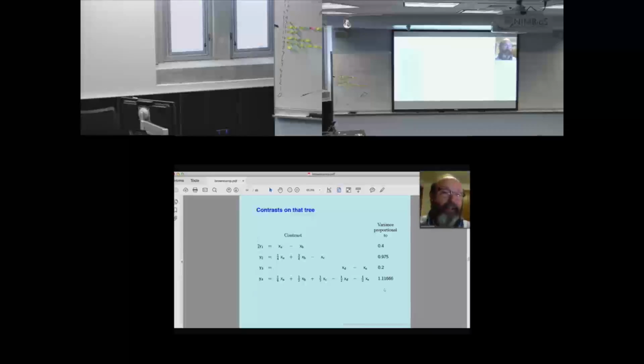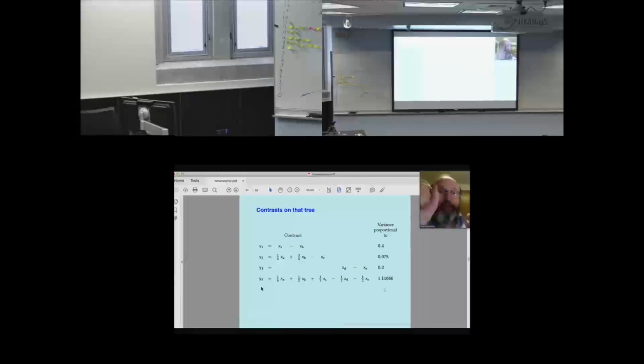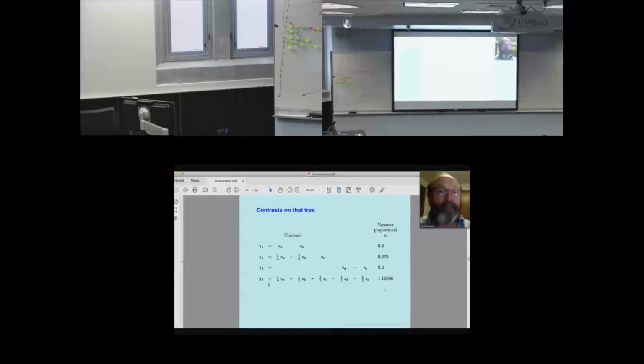After I collect a bunch of contrasts in brain weight and a bunch of contrasts on the same tree in body weight, they covary with each other in the same way they did before. So we could still study the covariation of traits, but now we have independent, identically distributed quantities. We've sort of factored the tree down into a series of 2 species trees that are independent of each other. And by the way, the number of them is 1 less than the number of tips. So if we have 100 tips, we'll get 99 of these contrasts out.